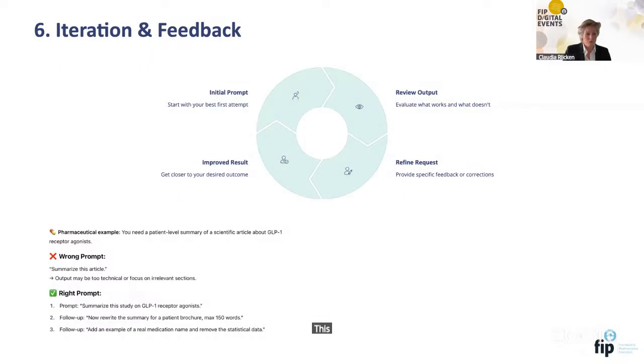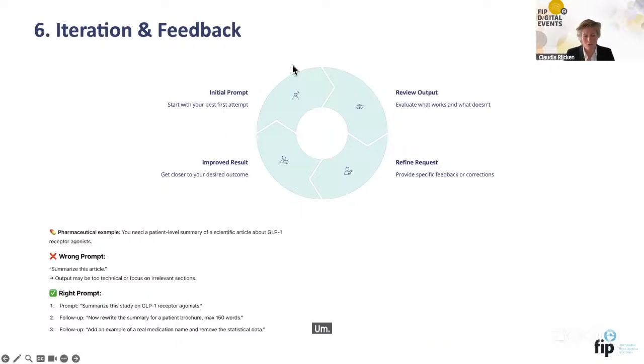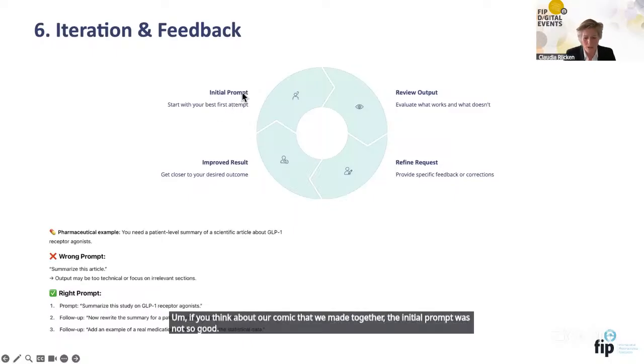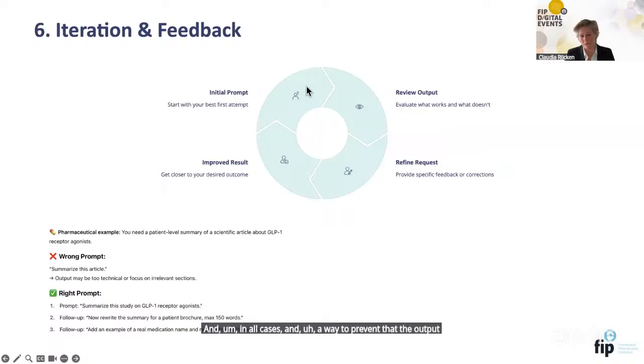This one I'm going to switch because we do not have so much time and I would like to leave some time for questions. But let's go to this iteration and feedback. If you think about our comic that we made together, the initial prompt was not so good. And in all cases, a way to prevent that the output is not as you expected is